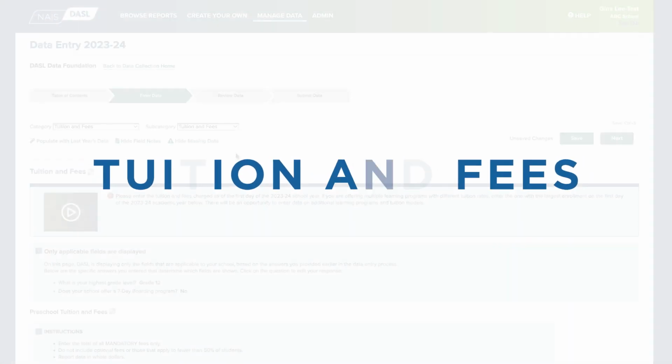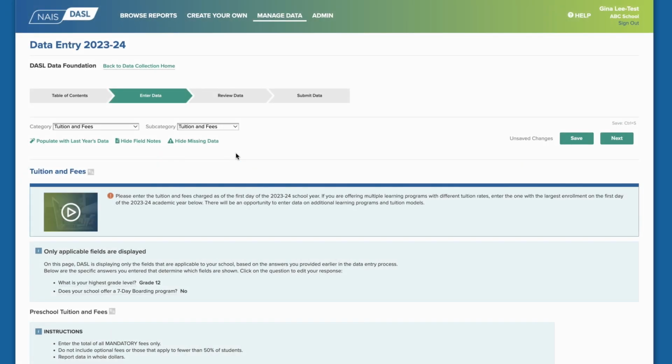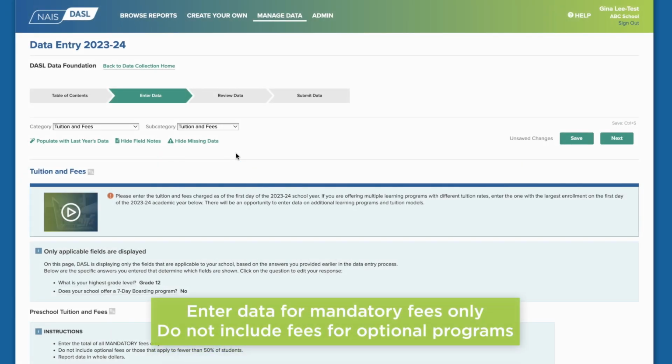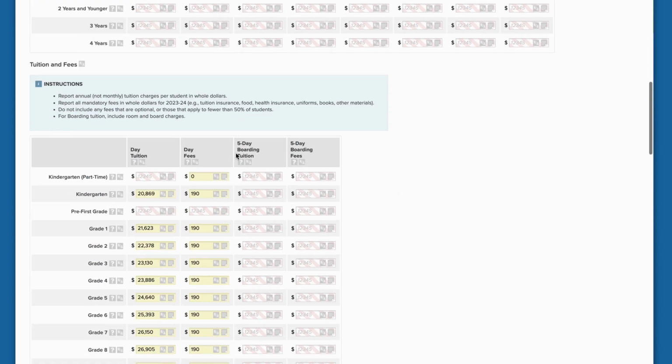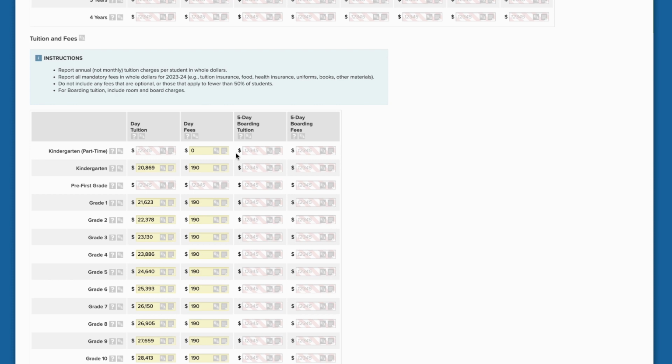For tuition and fees, enter data for the new school year. For fees, enter data for mandatory fees only. Do not include fees for optional programs. The system is displaying fields in this subcategory based on your responses to day boarding and high and low grades